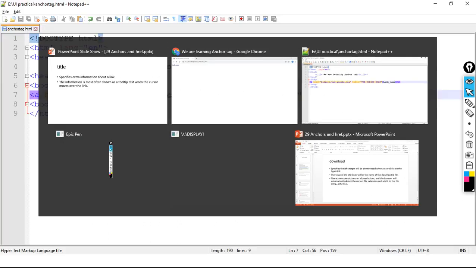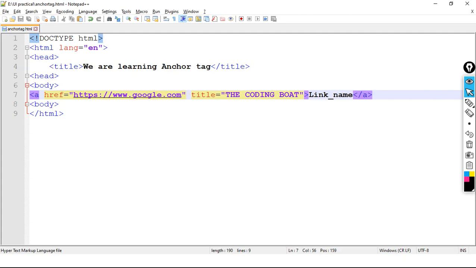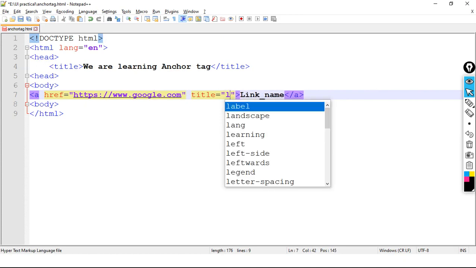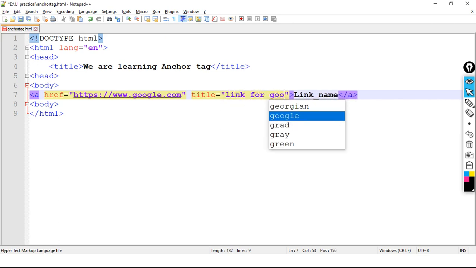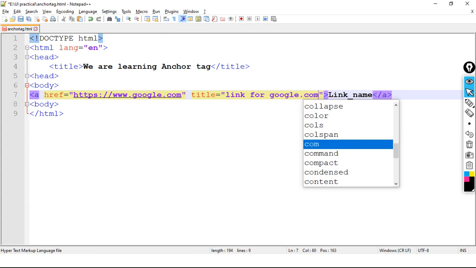So here what I can write, I can write here link for google.com.